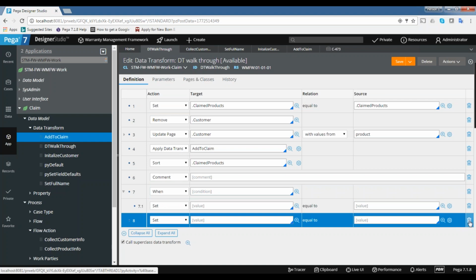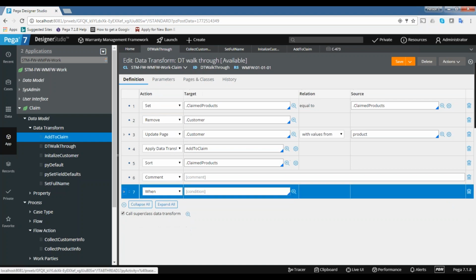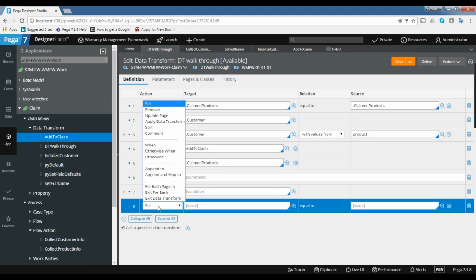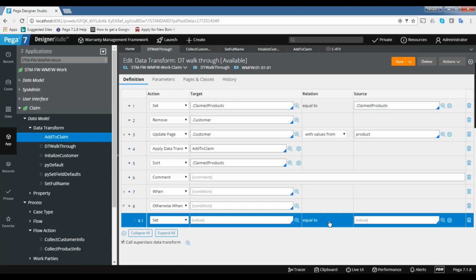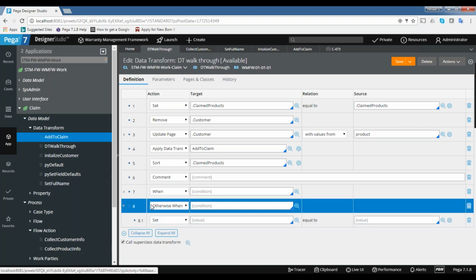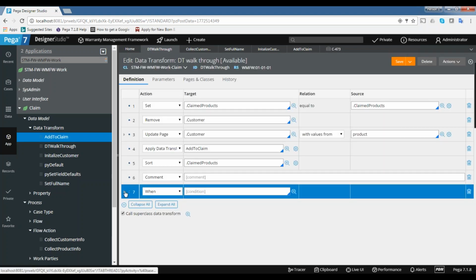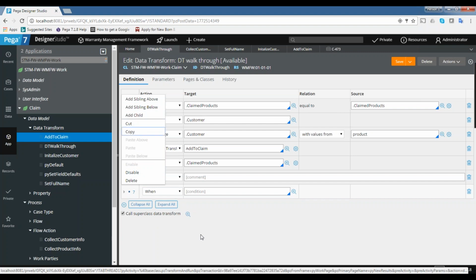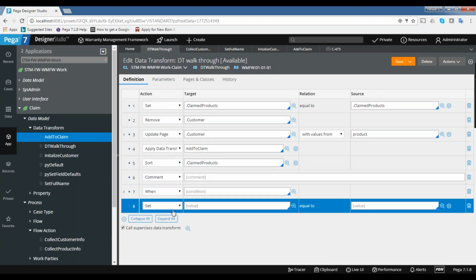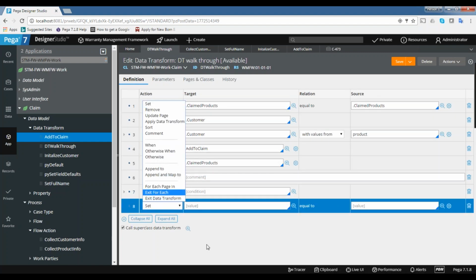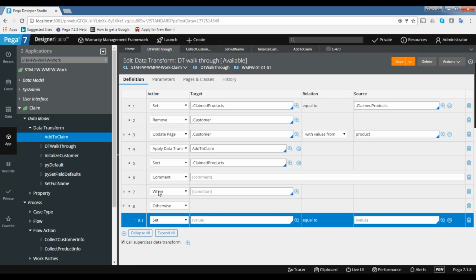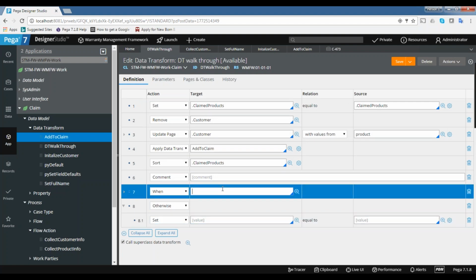So this is the if condition, and if you want an else if condition, then go for otherwise when. Let's say this is if, and you want just a simple else if, then you can go for the otherwise condition. Otherwise means if this is true, this will be executed.